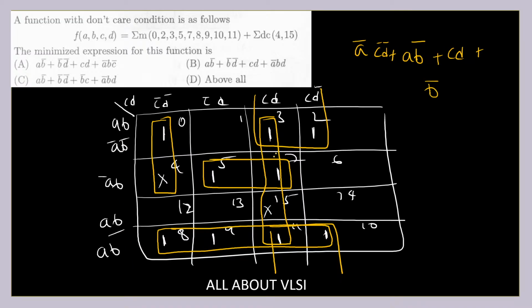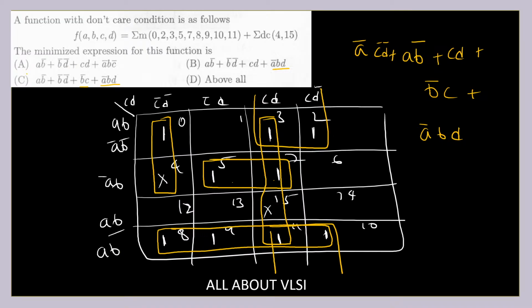B bar is common, and here C is common: B bar C. Plus in these two we have A bar B and the common part is D. So this is what I'm going to get: A bar B D plus B bar C plus